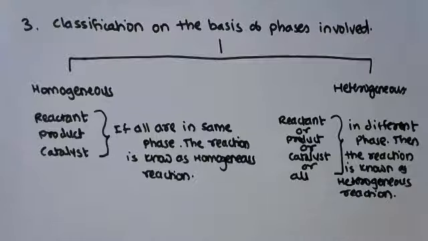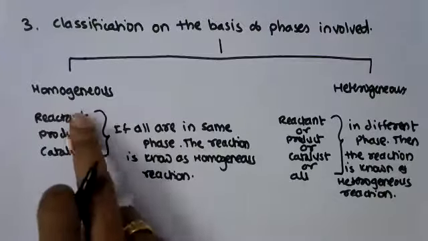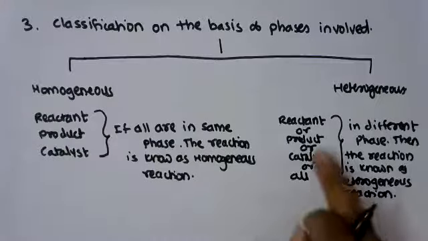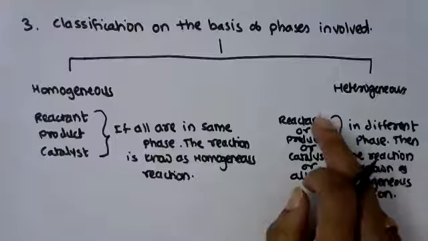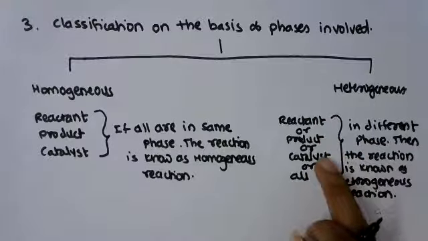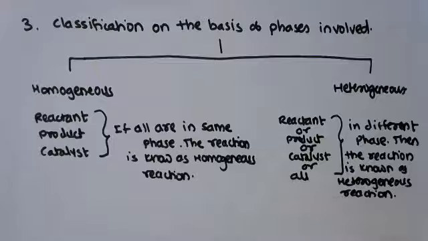If all components, including reactant, product and catalyst, are in the same phase, then the reaction is known as homogeneous. If either reactant or product or catalyst or all are in a different phase, then the reactions are known as